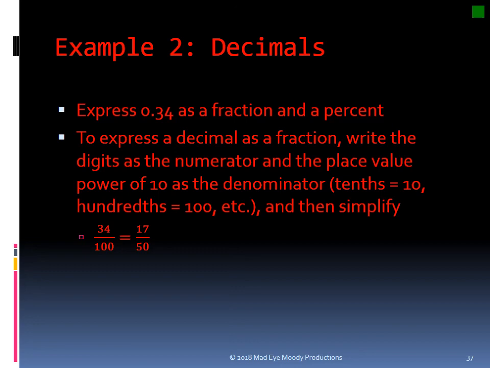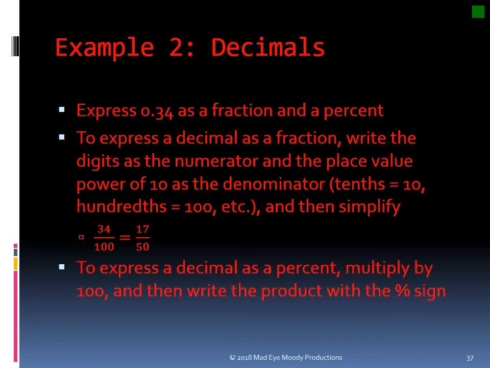Of course, you always want to simplify your fractions to lowest terms unless you are instructed otherwise. So we can divide by a common factor, which here is the number 2, and we end up with a simplified fraction of 17/50ths. To express a decimal as a percent, you're going to multiply the number, the decimal, by